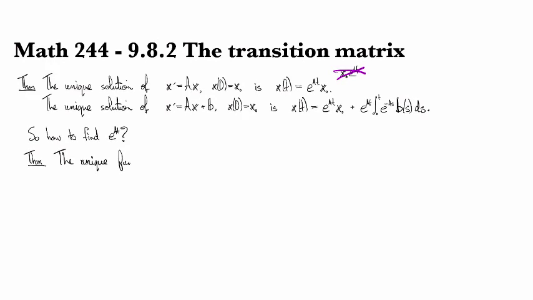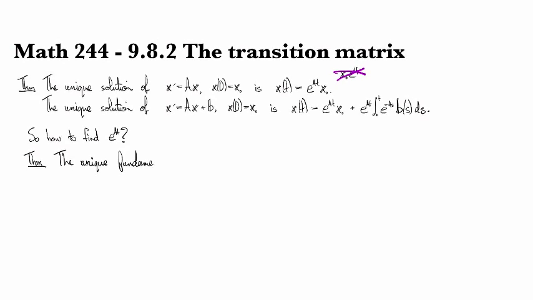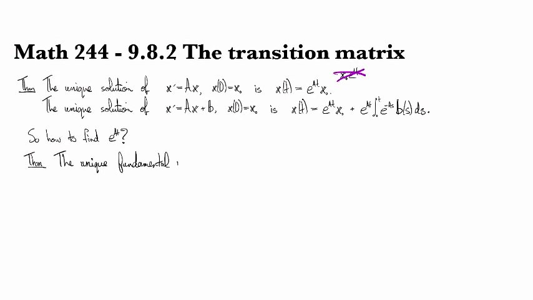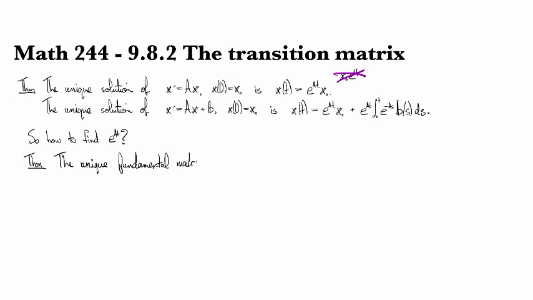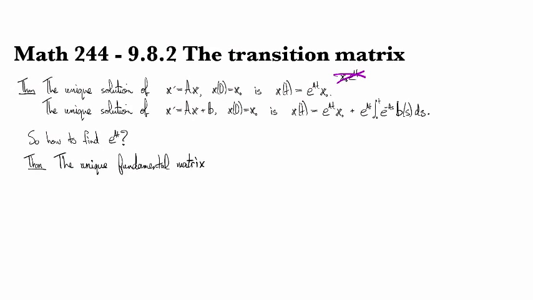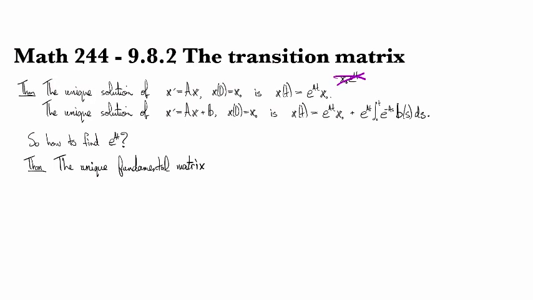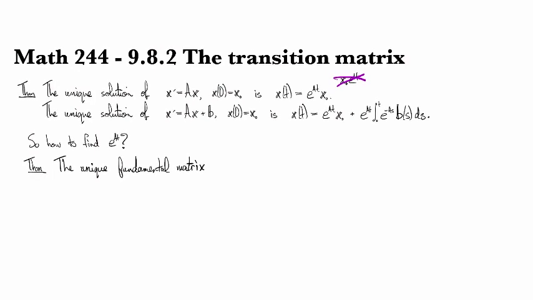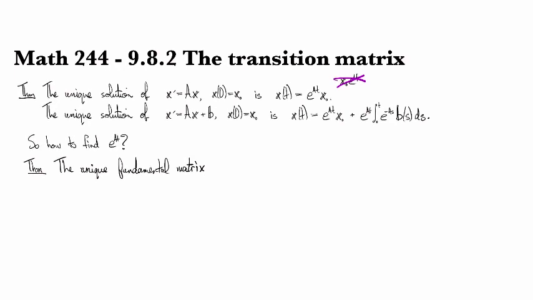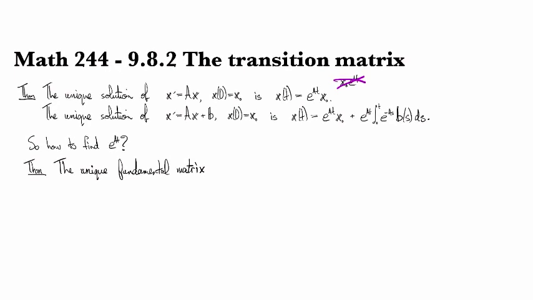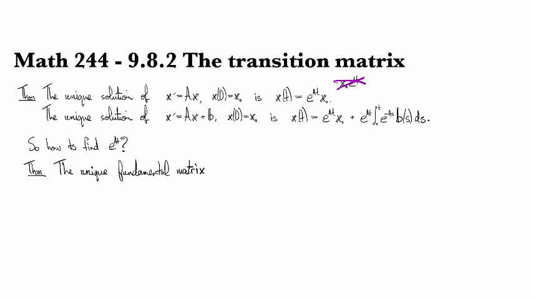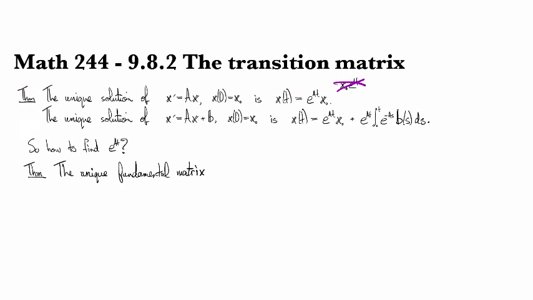unique fundamental matrix. Remember, a fundamental matrix for a system is not necessarily unique at all, because it's just a matrix formed by any n linearly independent solutions, right? So for instance, you could scalar multiply a column by something and you'd still have another fundamental matrix, right? So the unique fundamental matrix